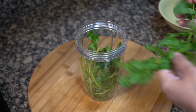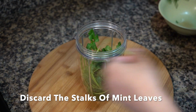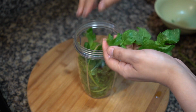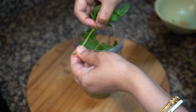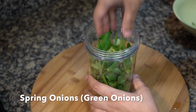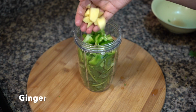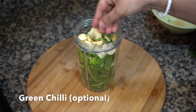Here I would like to say that use any greens according to your preference or availability at your place. Like if green onions are unavailable, then use more of coriander leaves. Or if you do not like mint leaves, then you can even use basil leaves. You can even use baby spinach. Use whatever greens you like, but please do not leave out the green capsicum as that gives a nice flavor